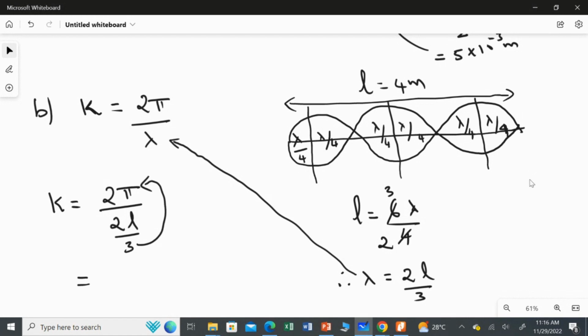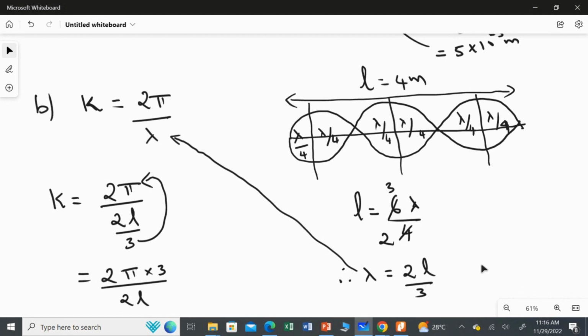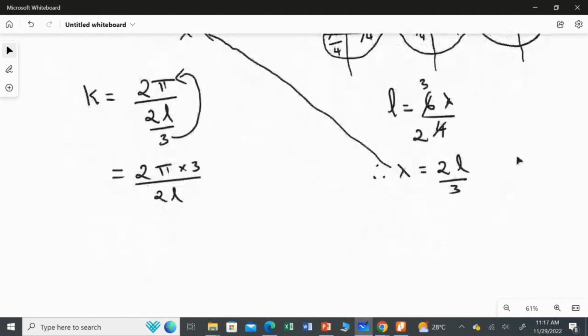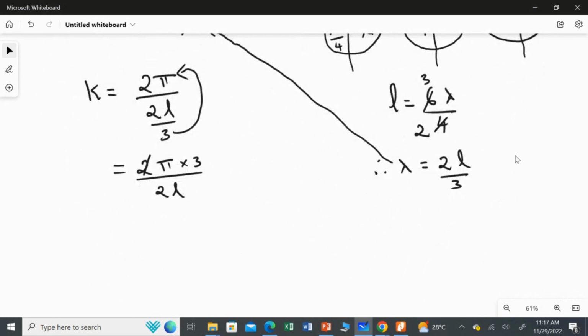So this equation becomes 2 pi multiplied by 3 over 2L, right? Understand? Clear? Okay. Now I have to cancel this number. I can cancel 2 with 2, and the length is mentioned as 4 meter. So I'm going to substitute the value K equal to pi multiplied by 3